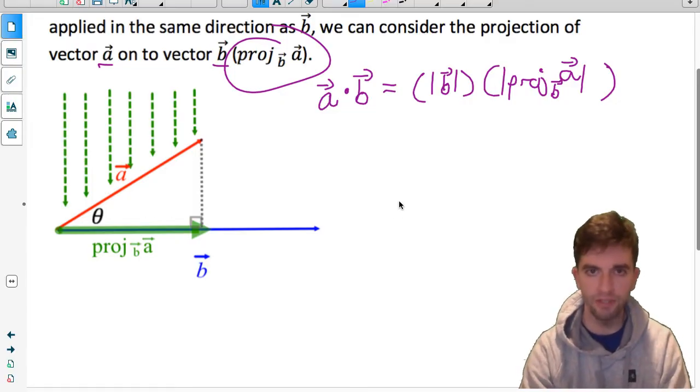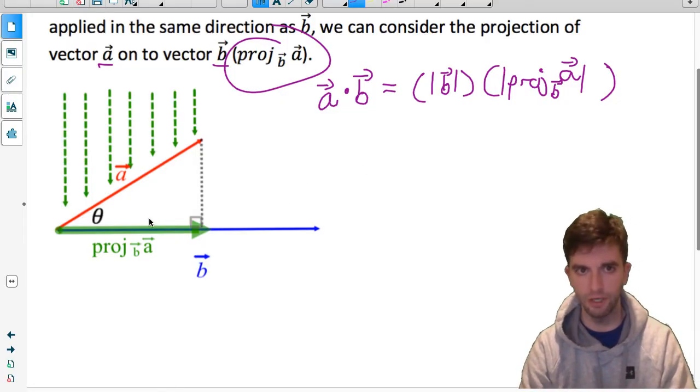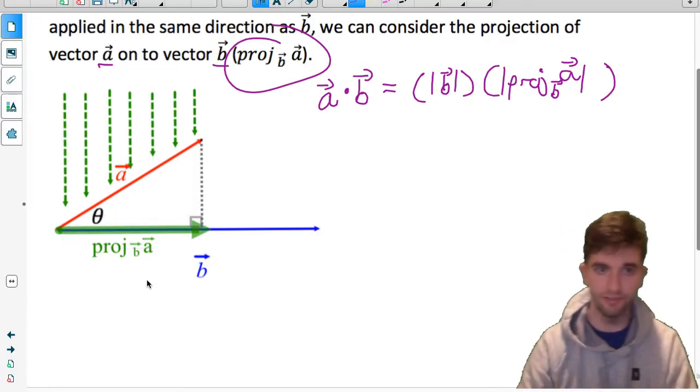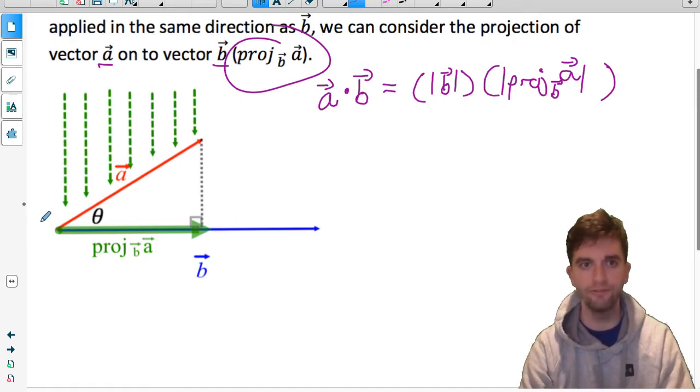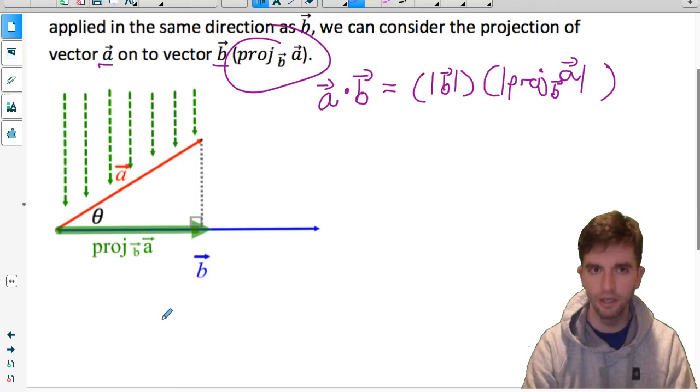There are three properties about a projection vector that I want to talk to you about. And notice this green vector here, this is the projection of vector A onto vector B. So what are the properties of this vector? How are we going to figure out what that vector looks like? Well, that vector has three